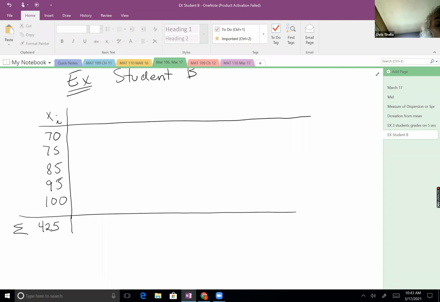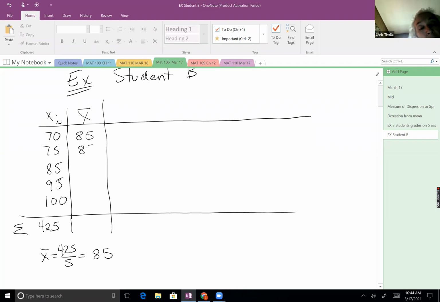And so we already took that 425 and divided it by 5 to get that our average is 85. So my average is 85. Now, when you fill in this table, some people like to fill it in going all the way down the column, but sometimes it's easier if you fill it in going across. So we're going to take the values and subtract the mean, and then we're going to take that number